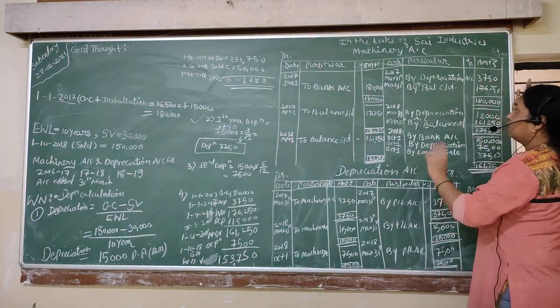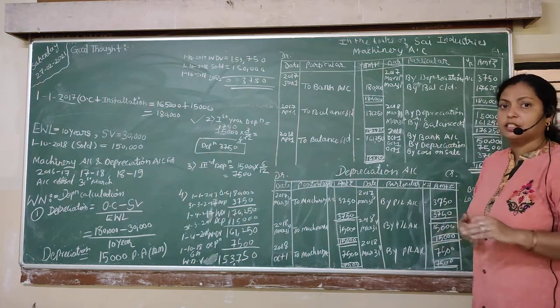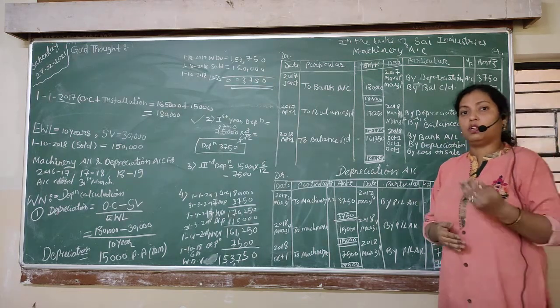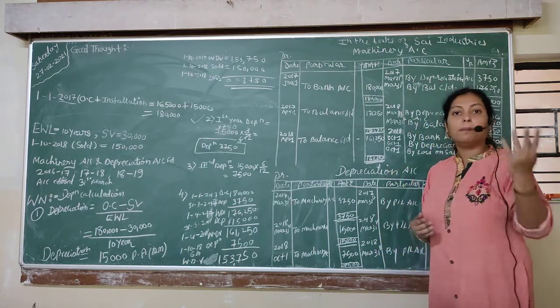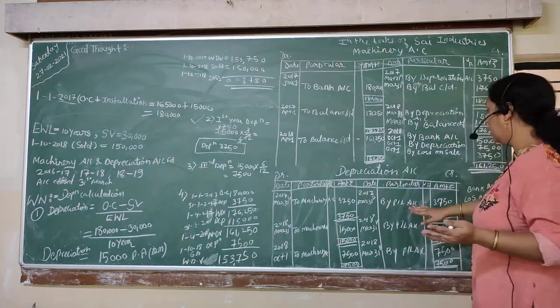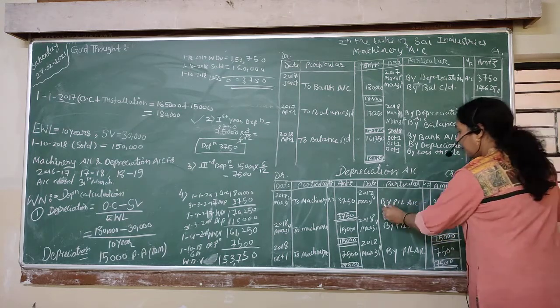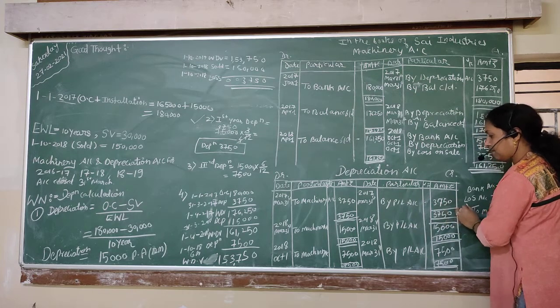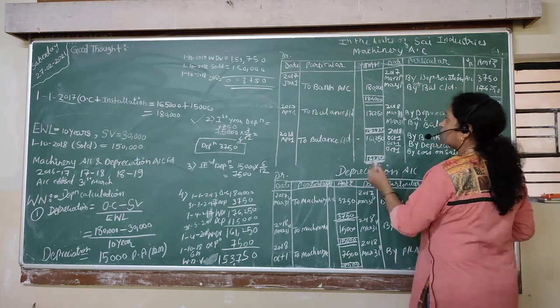So students, as you know, the next part, after charging the depreciation, is that we transfer the depreciation. So what is the entry? P&L account debit to depreciation. So no P&L account is prepared, only the depreciation account is prepared. So we will write on the credit side by P&L account 3750. Now the first year entries are done. So we will close the account.